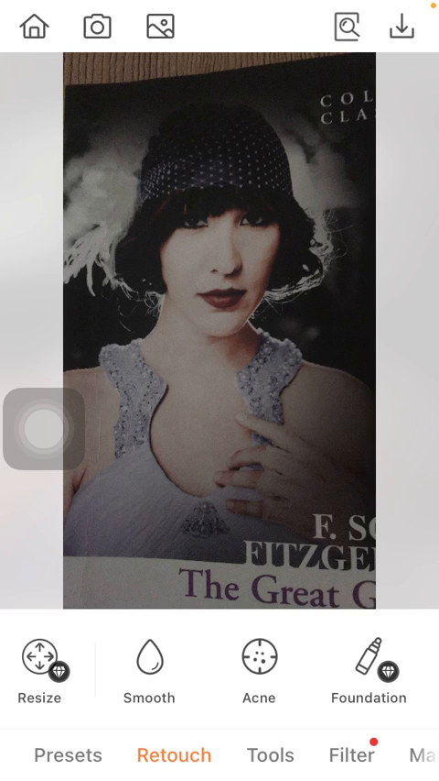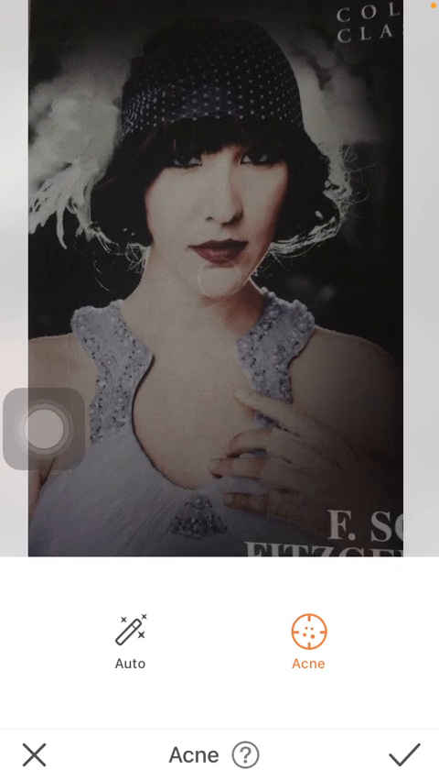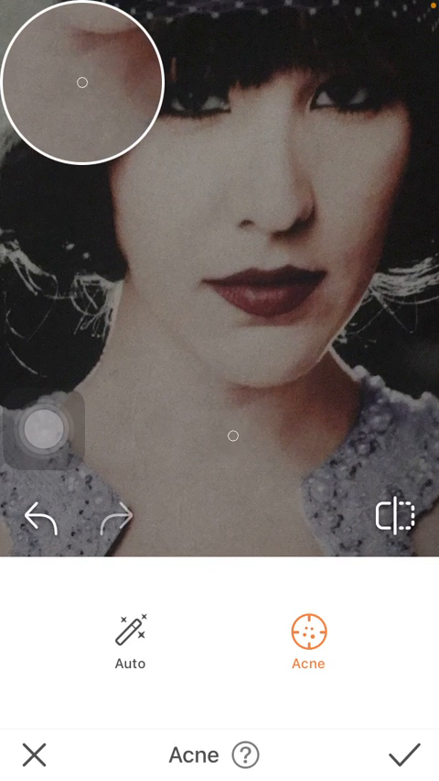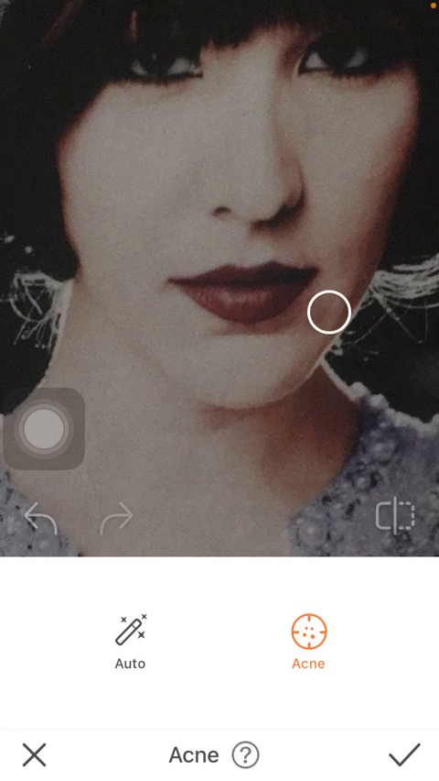Then slide to the right side of the screen until you find this acne function. So tap on it. Zoom in and find the relevant part of your selfie or of your face where you can find the acne, and then position your tool on it, and then you will be able to get rid of it. As you can see,